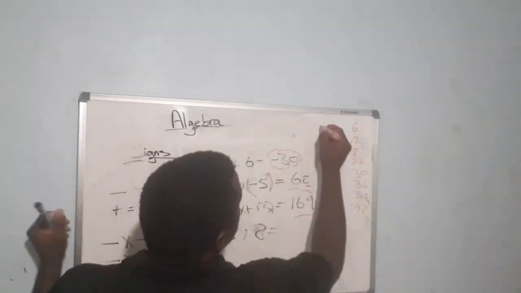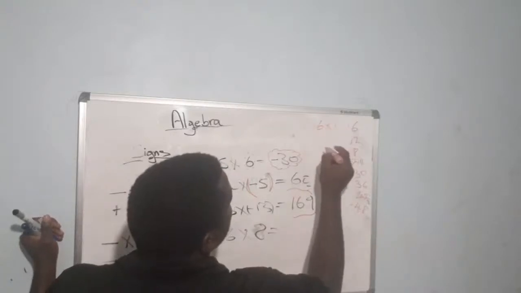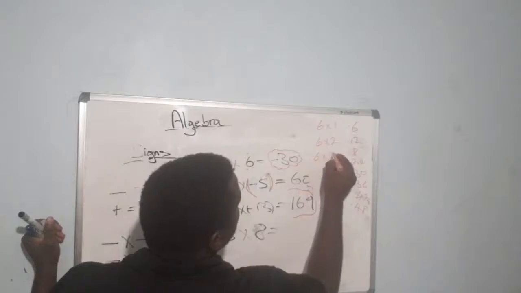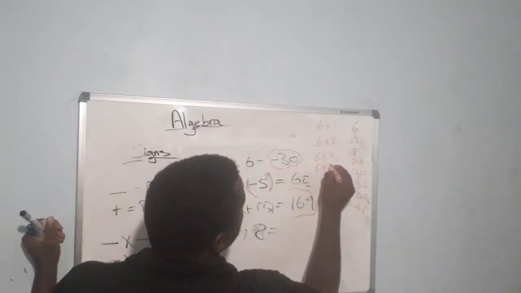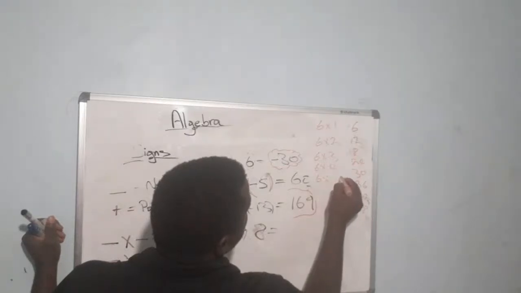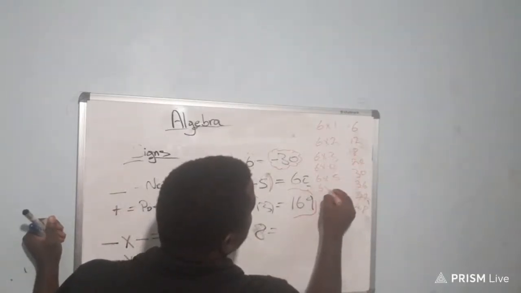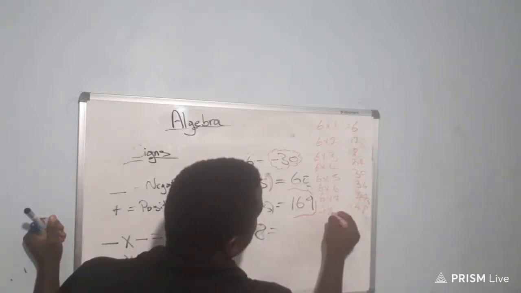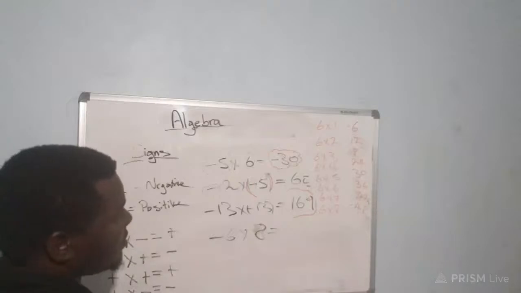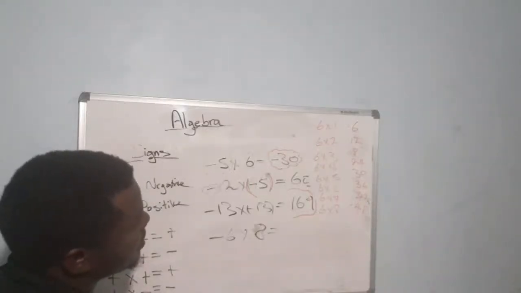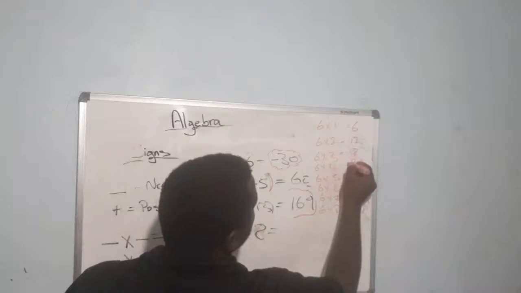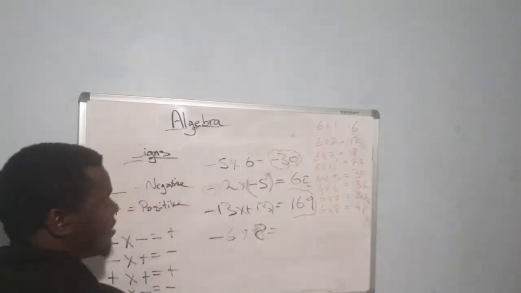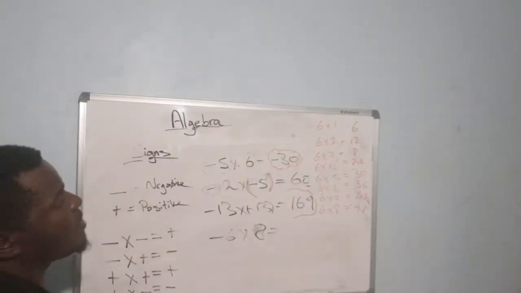So we have 6 times 1, 6 times 2, 6 times 3, 6 times 4, 6 times 5, 6 times 6, 6 times 7, 6 times 8. Alright? So that's equal to that, equal to that, equal to that. So 6 times 8 is